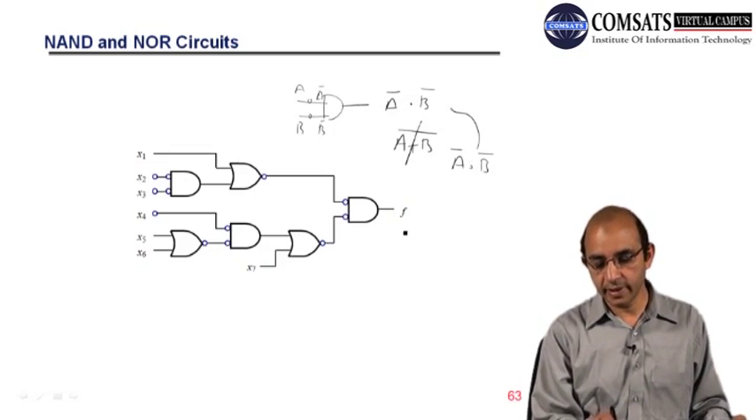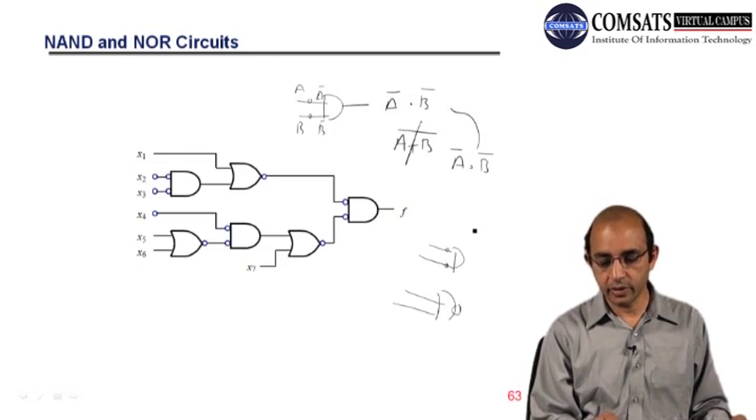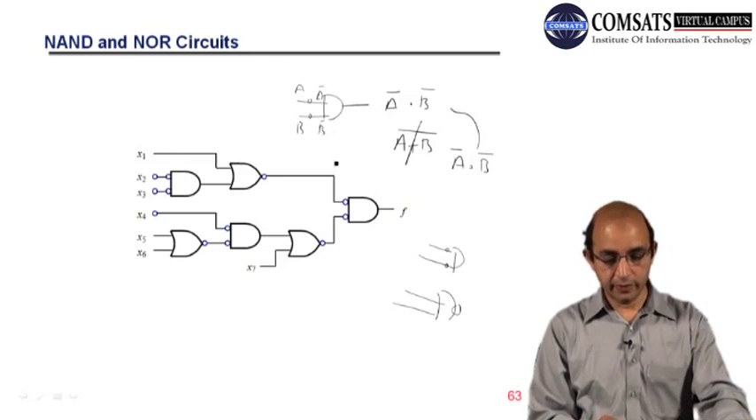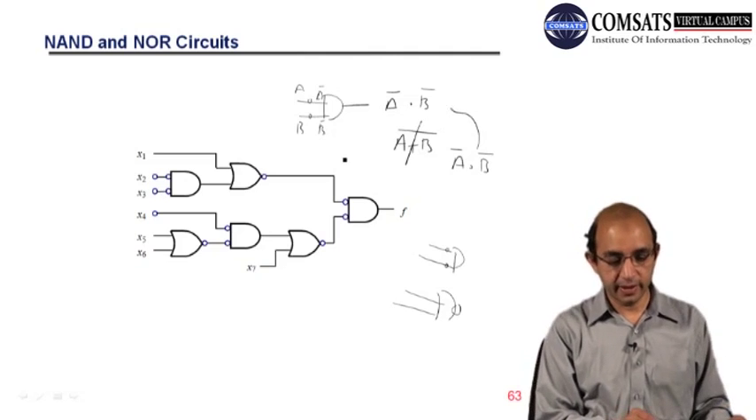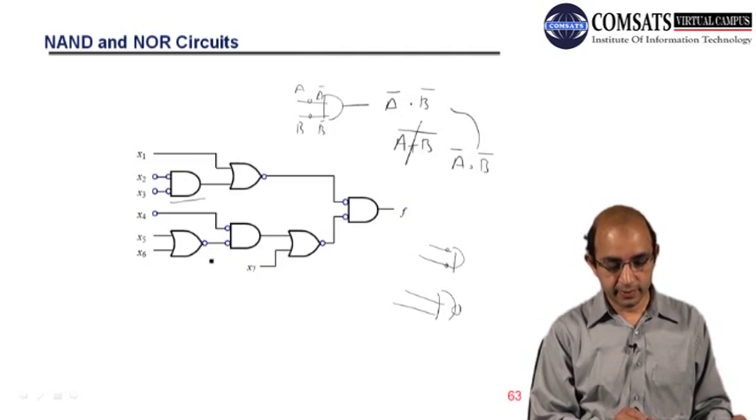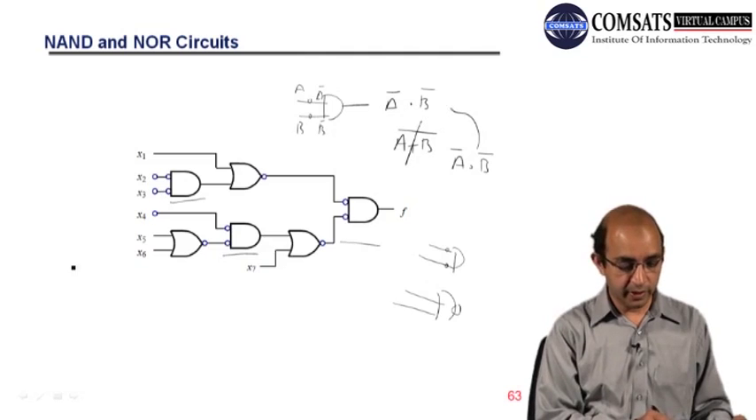So I can replace this AND gate with two complemented inputs with the NOR gate, right? So this is the NOR gate, right? So here you will see that we can replace this, right, and this and this, right? And then again for the complement, what I can have, right, A,